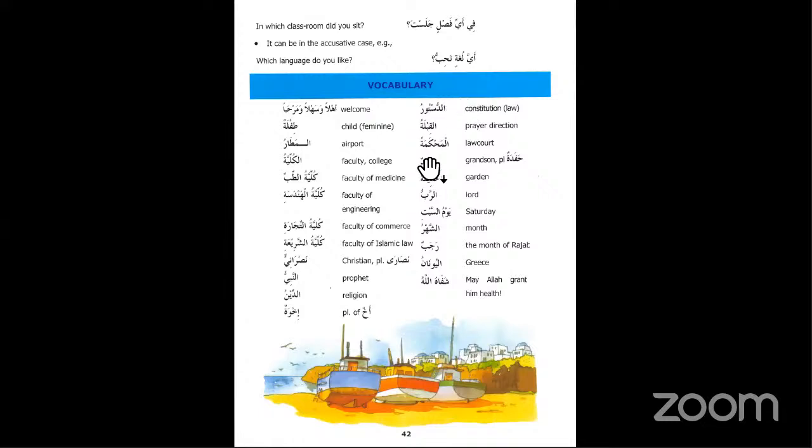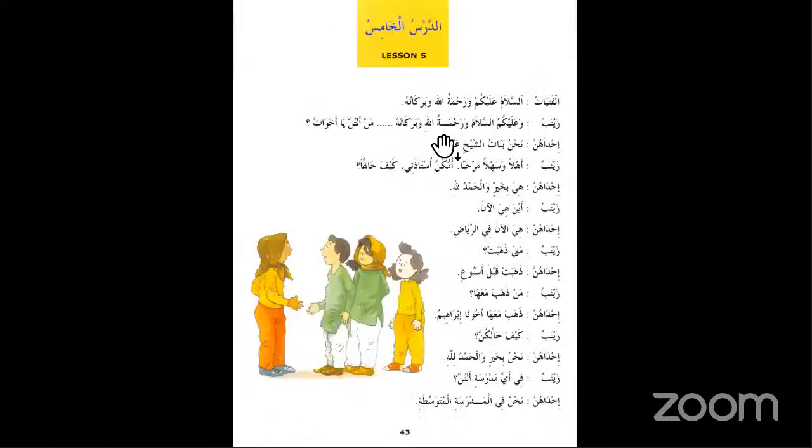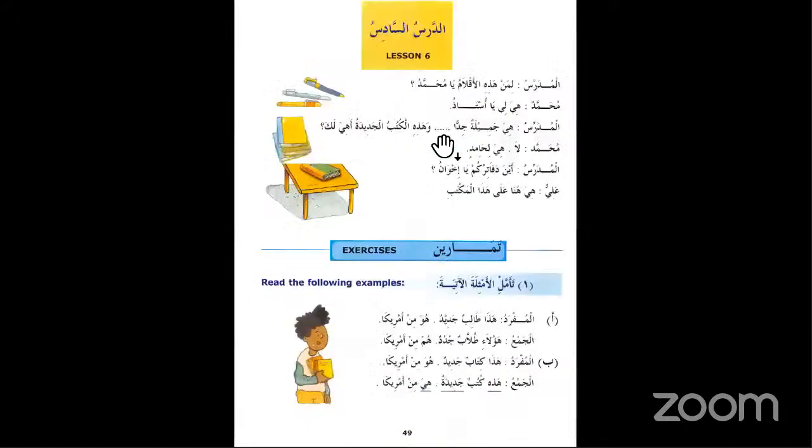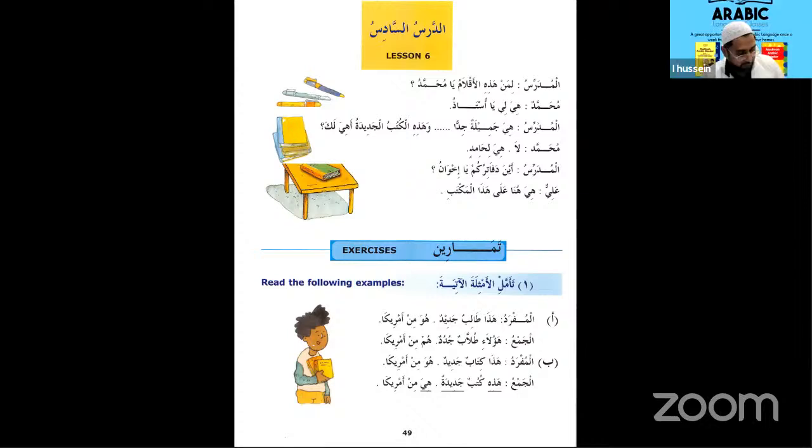We finished lesson 6 last time, and we learned about the nouns which are ghair akil and akil. Those nouns which are akil, which have intellect, like human beings, are represented like hada or hadihi, and for plural they will be haulai or ulaika. Whereas for ghair akil, it is hada and hadihi, but for plural it will be represented by hadihi. Excellent. All the ghair akils. Jazakallah.